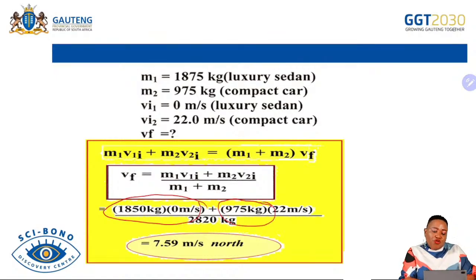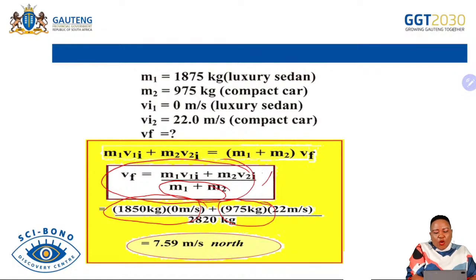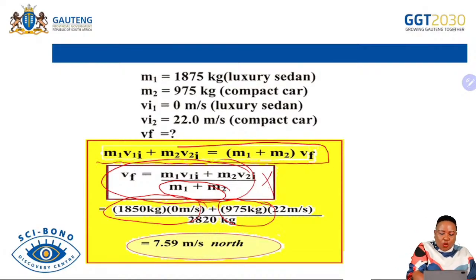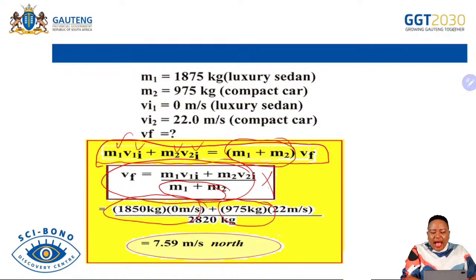The 2700, don't be confused, it is coming from the two masses added together, because it's going to be mass 1 and mass 2. There's no need for you to do this step, as I said, because we don't encourage making anything the subject of the formula. You can just go straight here as I did on the previous slide and put all the values in the same formula. But remember, the masses here are now added together because the two objects will be moving together, and find what? The final velocity.